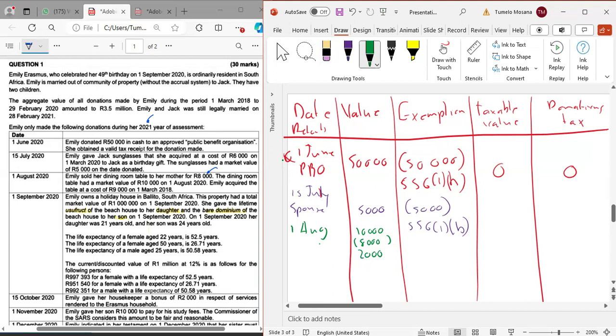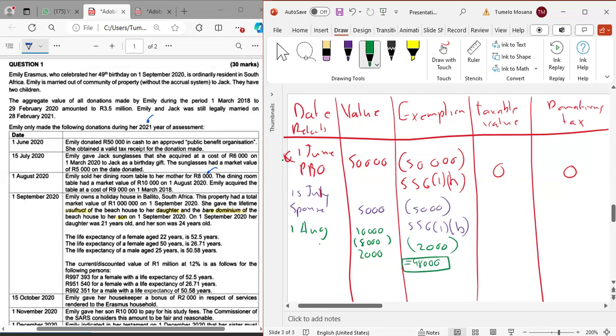Okay, so what would be the exemption? The exemption, remember, I told you that the person is entitled to 100,000. So there is no specific exemption that relates to this deemed donation, right? So now we are going to default to the 100,000 exemption that they've given us. So we'll exempt this full 2,000 and we'll be left with 98,000 that we can utilize for the 2021